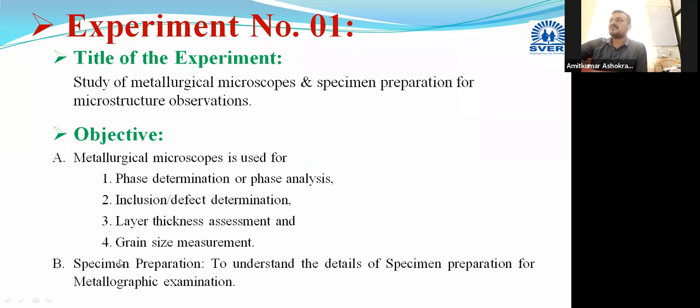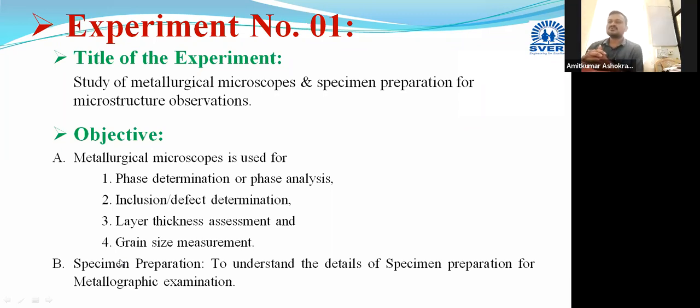Without this specimen preparation, if suppose any metal or alloy is there, you cannot directly take that metal piece or that alloy directly. Suppose that steel material is there, we cannot take the steel plate or steel bar directly under the microscope and observe its microstructure. We have to follow some standard procedures.